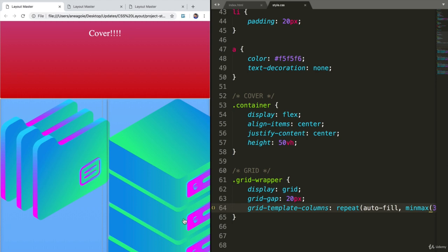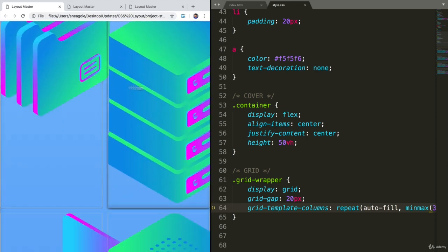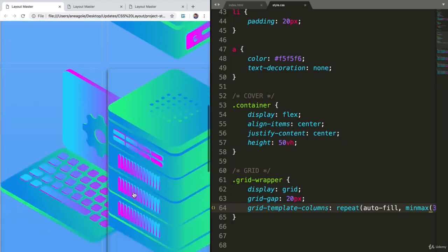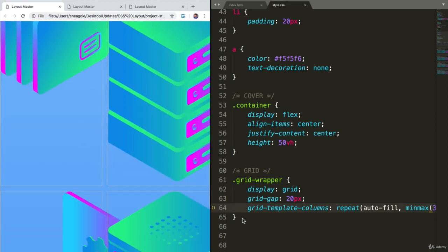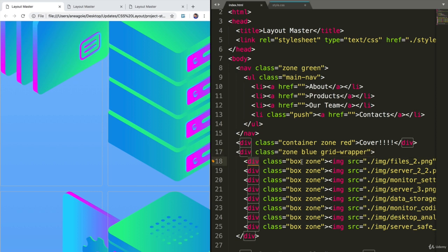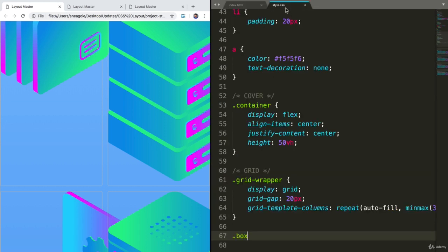And that's because our images are, well, they're pretty massive, and you see that they're also not all the same size, or they have different padding. So the way to just fix that quickly, and something that you'll see a lot with images, is to give them a width of 100%. In our case, we can just say box, because remember, each div has a box class that we haven't really said anything about, and then an image. So using our CSS selector knowledge, I can just say all children of box that are images, I want the width